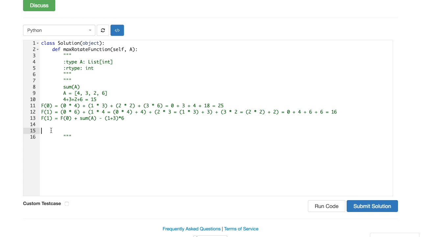We will put f0 is 25, we know it from here. And then we will put f1 equals f0, which is 25, plus 15, we have it here, minus 4 multiplied by 6, which is 24. And what do we have here? 25 minus 24 is just 1. It will be 16. Wow, so we have 16 and 16. Nice. Let's try